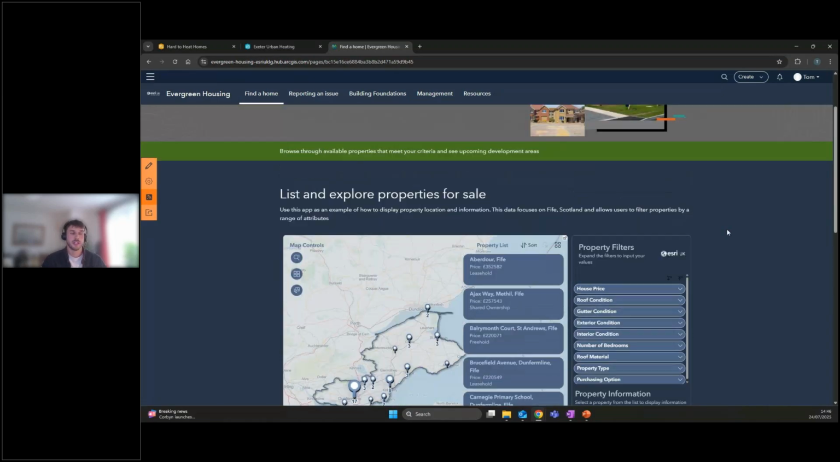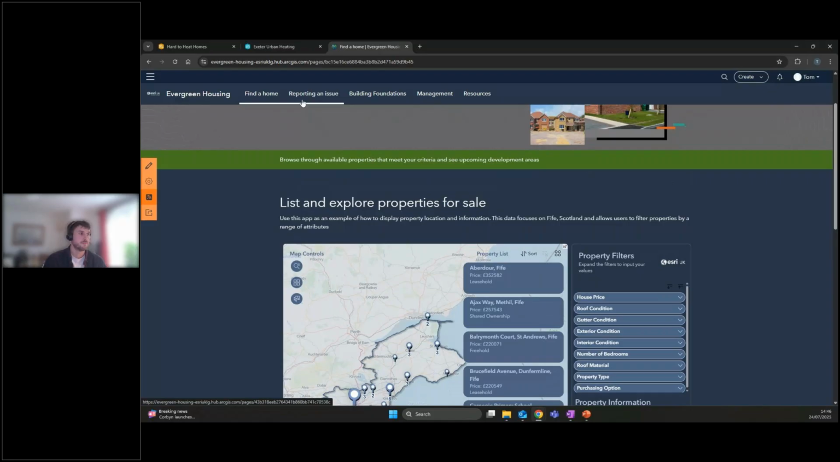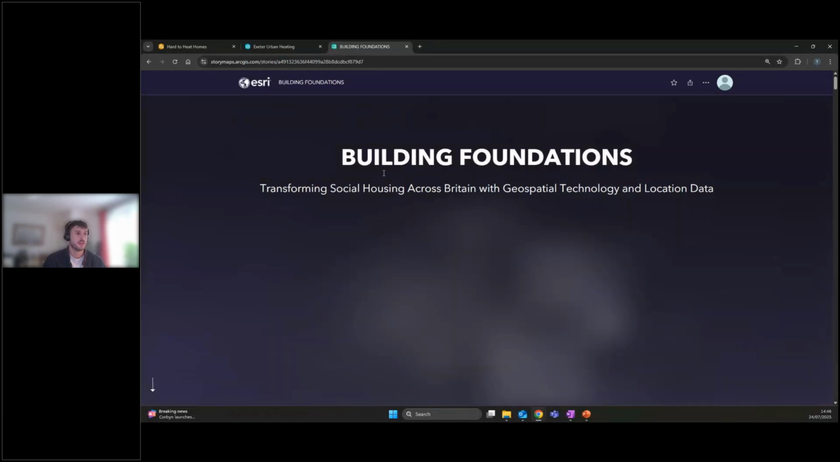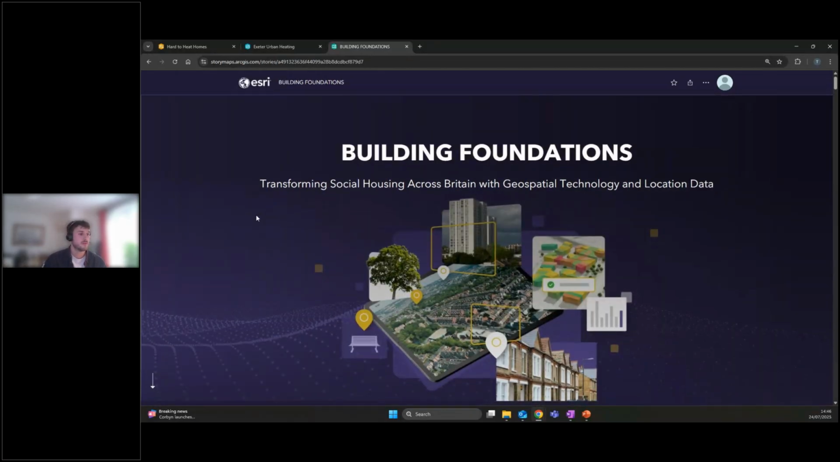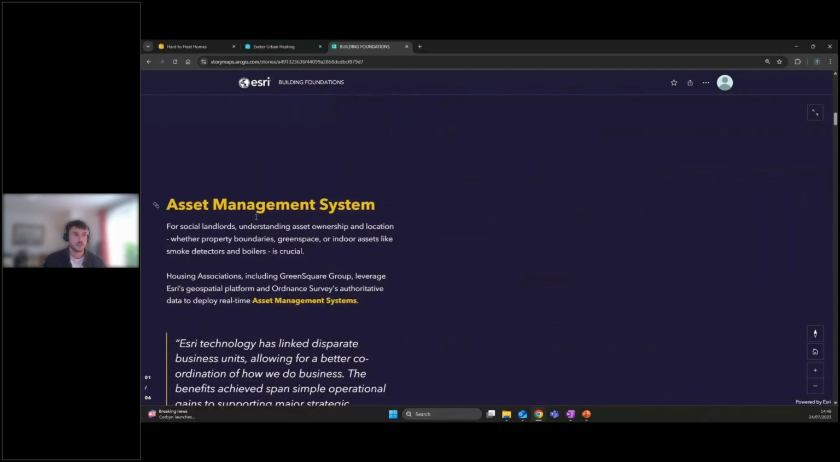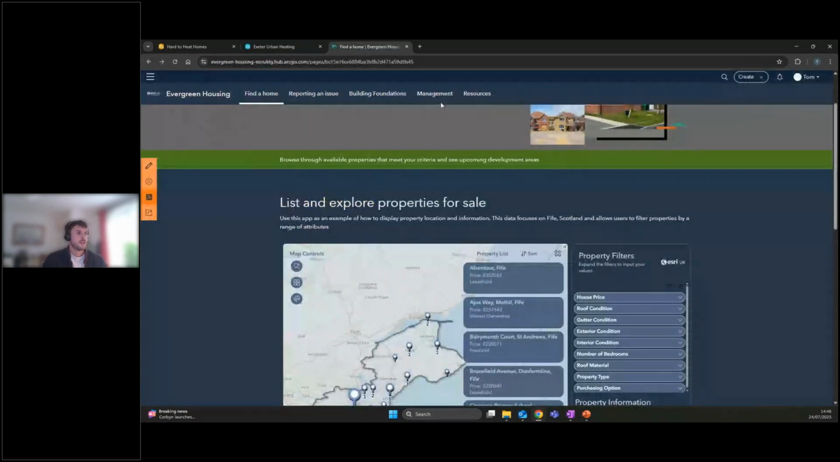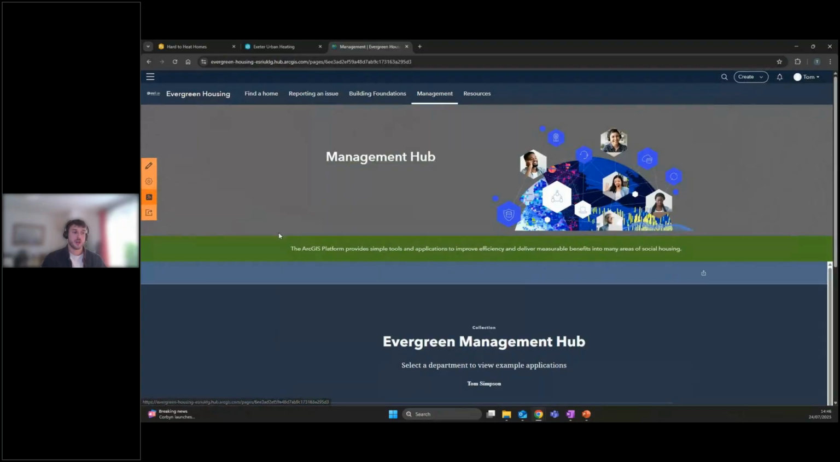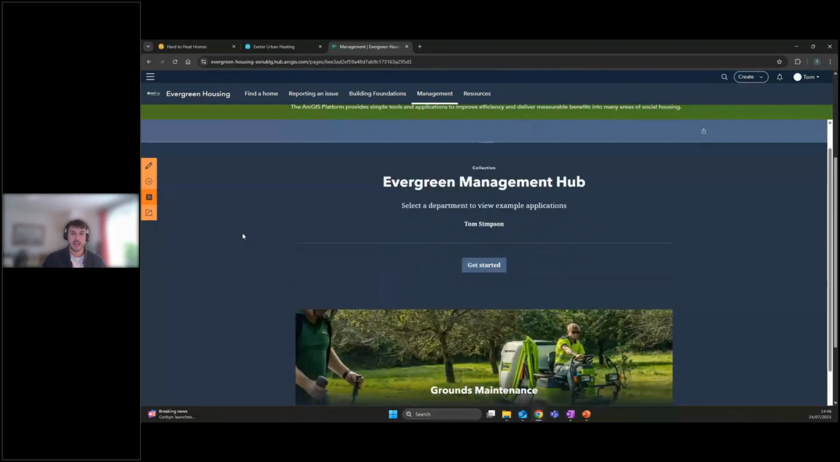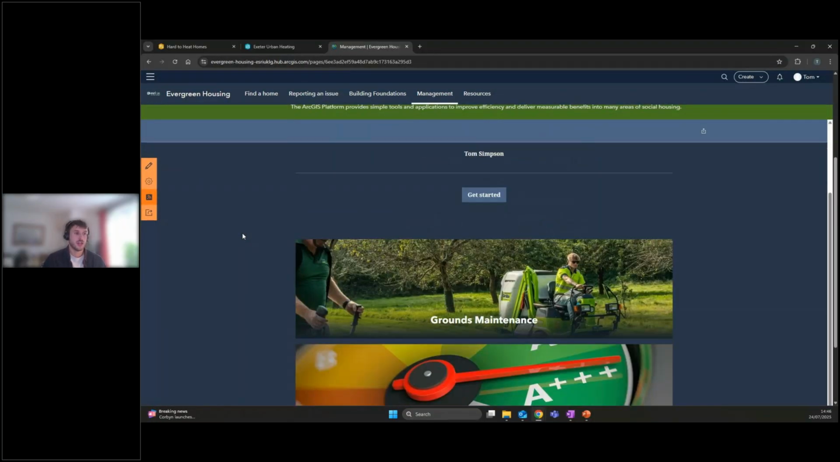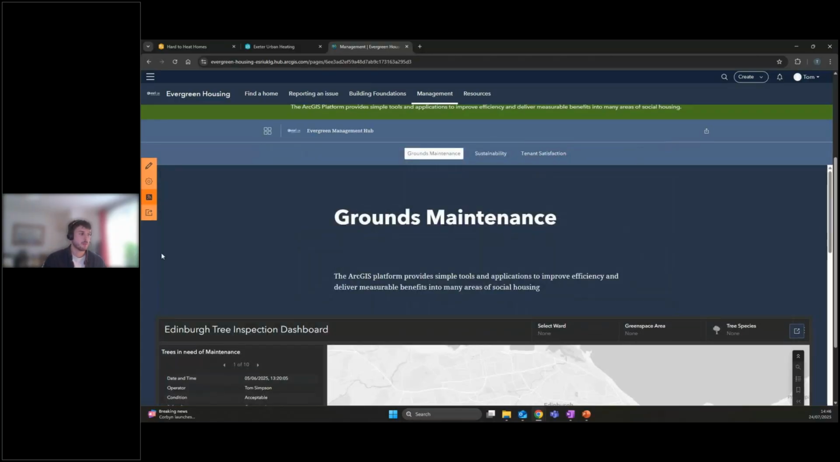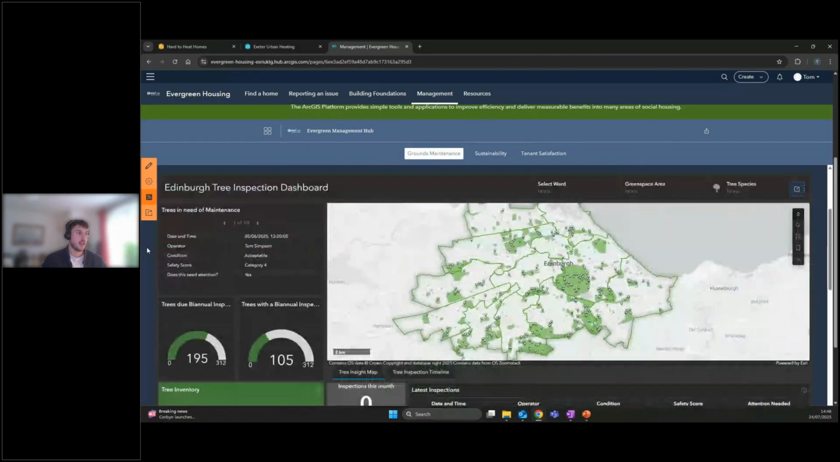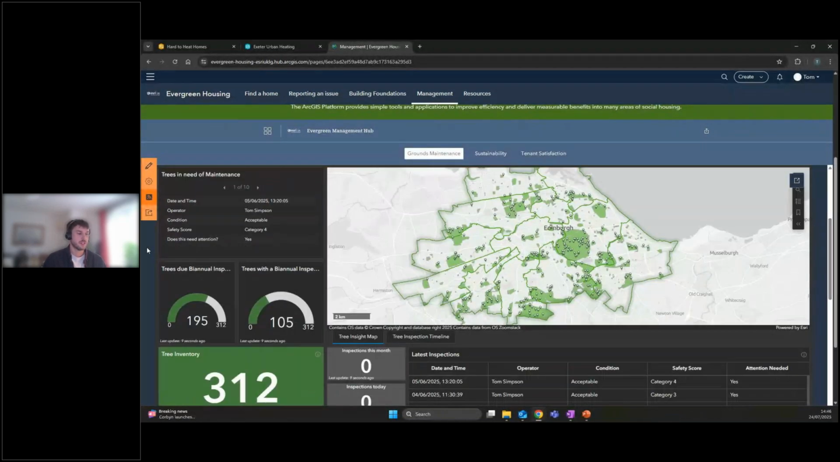It's also reporting an issue, so thinking about tenant self-serving. The building foundation story map, which was created in conjunction with Ordnance Survey. So if you haven't seen this before, I would recommend you go check it out. There's also a section on management, so how different departments within a housing sector association would work, giving a few examples. So like Thomas mentioned in the jigsaw section, thinking about trees and how we can help understand different risks